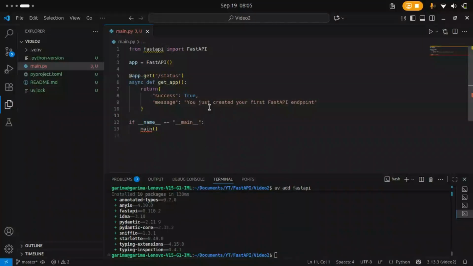You can see I have done a few things here. I have just used the app decorator and used the HTTP method get. We can discuss more about this. And a function get_app will return success and message. So how do I run this FastAPI endpoint? We will need a server to do this, and there are many ways to do that, but I will use the Uvicorn server. For that, first of all, we will need to install that,